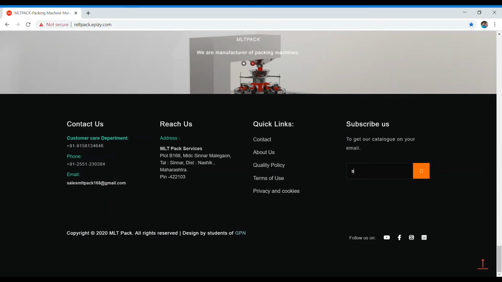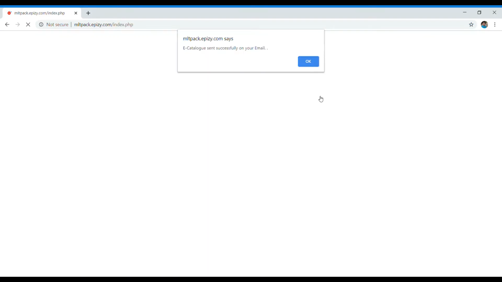Here I am filling in my Gmail address and pressing the button. The alert message pops up. It says e-catalog sent successfully on your email.